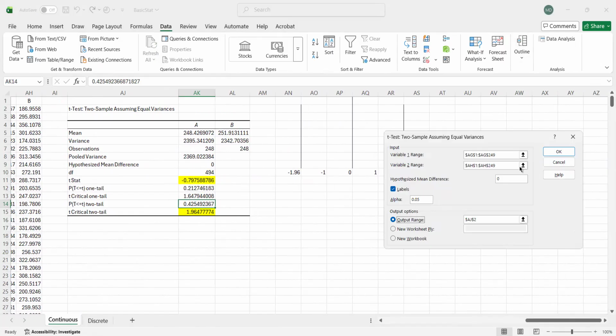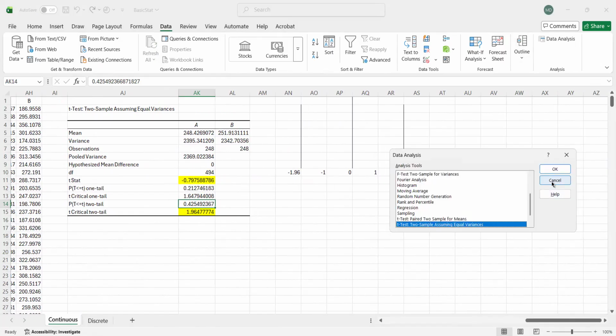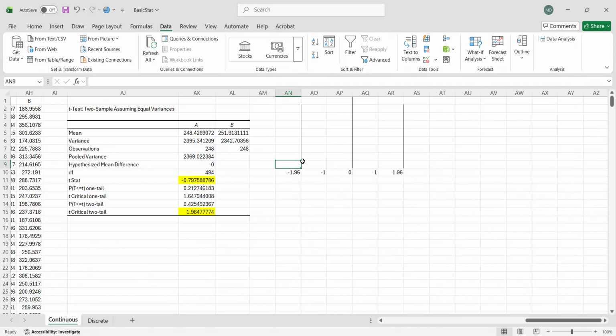The height here is around 0.05 at the limit. Just imagine the height here if I were able to draw the normal curve. So the height here is 0.05, and our t-stat is somewhere here, and the height is around 0.42.